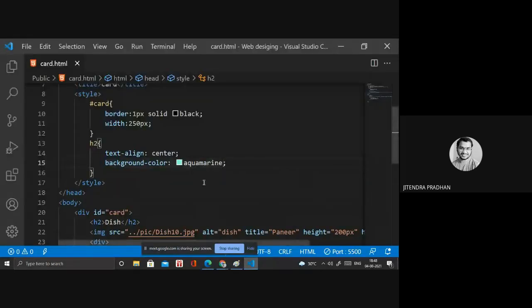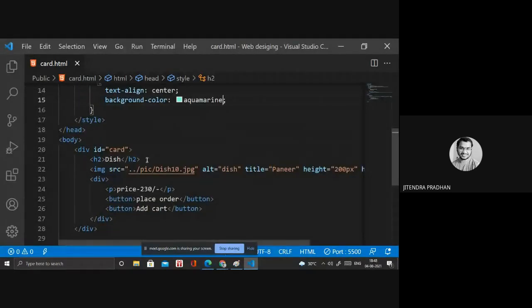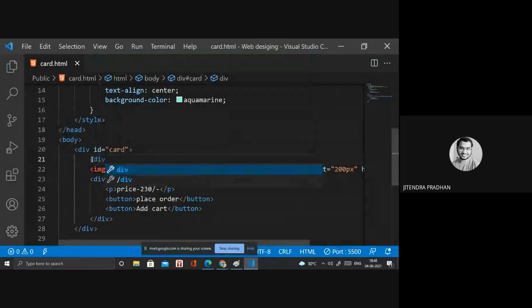You can apply it using a particular div. You have to write a hash inside that, then apply any class name or ID inside the div. Like, if I cut that and press div, then I press the hash.